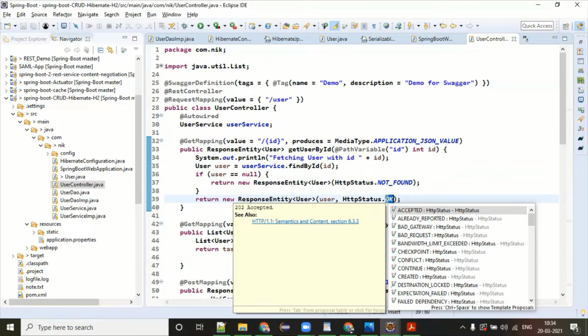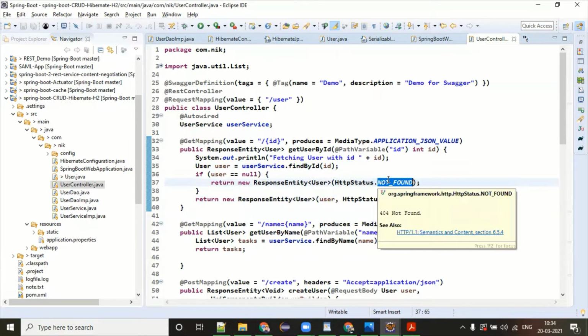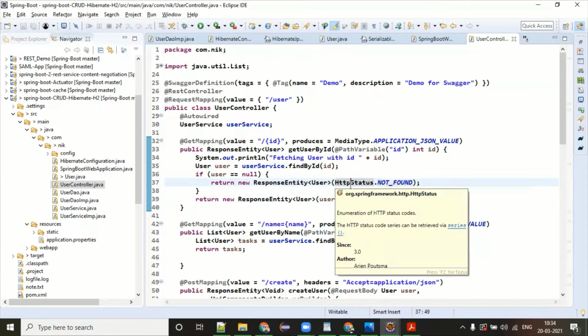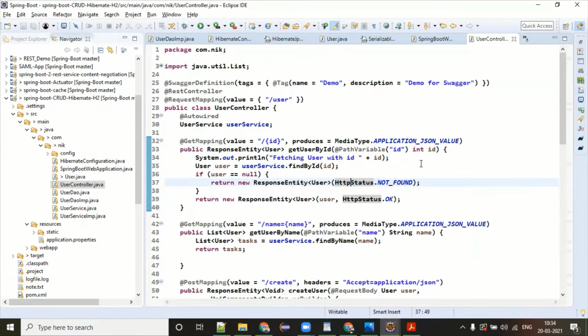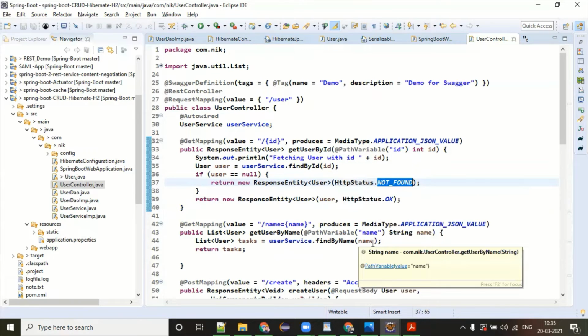If you remember the typical Ajax call from the previous day, we used to give 200. So we have different status codes. For example, if the user is not found, then we say HTTP status not found, 404. Similarly, we have 201 for creation, then we have 403 for unauthorized.